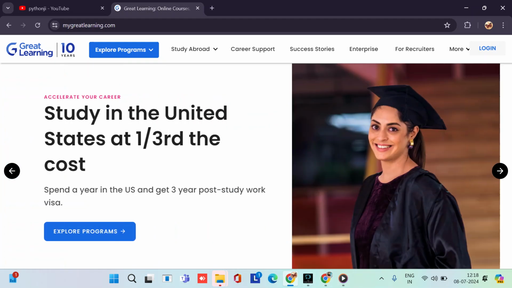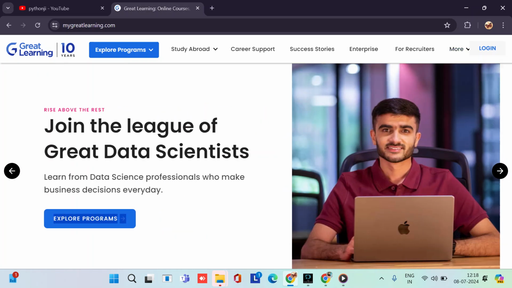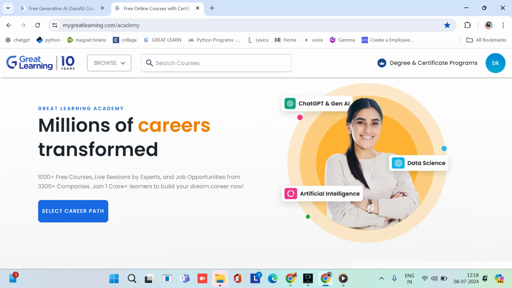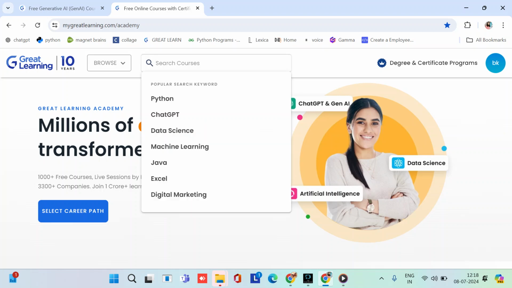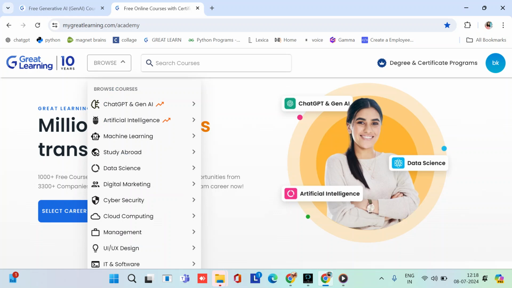So first of all, we have to search for Great Learning and we have to log in. I already logged in. So after login, you can see this interface where you can see search courses. You can simply search for ChatGPT or you can browse ChatGPT and generative AI.